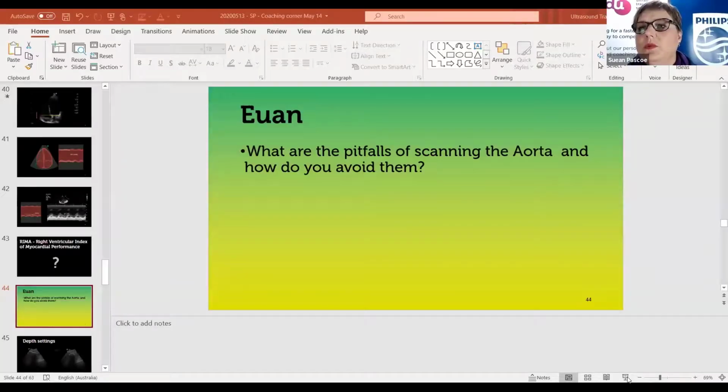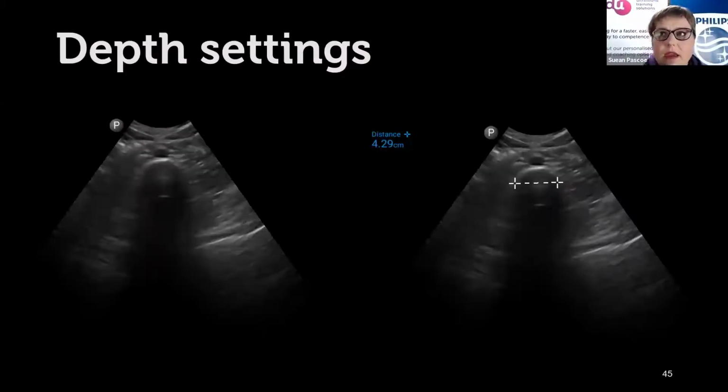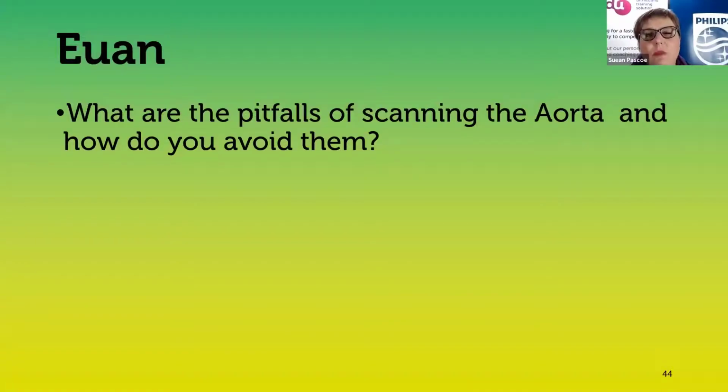Now, the last question that we had that had been sent in, before I can open it up to the floor, or the cloud perhaps is what we should be saying, is Euan also sent in: what are the pitfalls when you're scanning the aorta and how do you avoid them? So the common mistakes that I've seen people make, certainly as they're learning, but I imagine that would be amplified